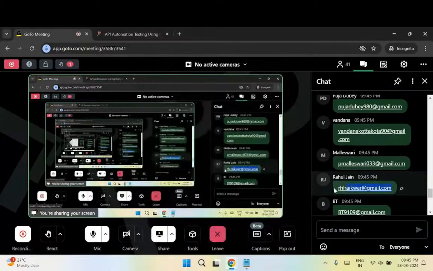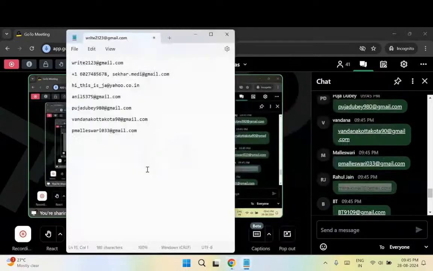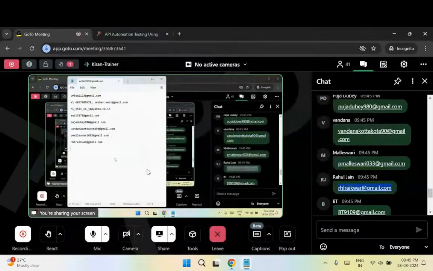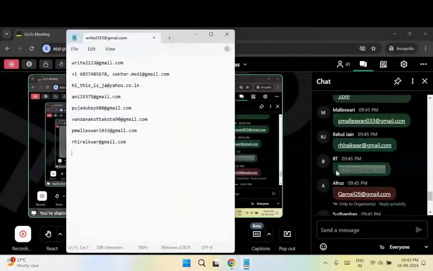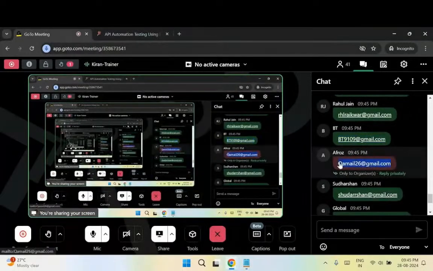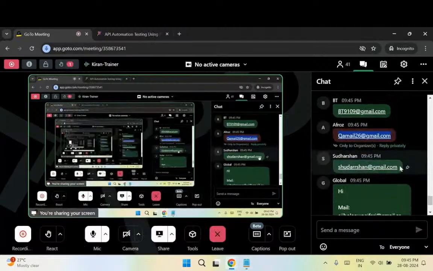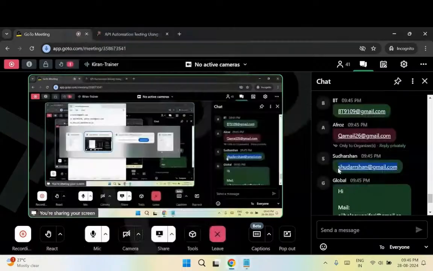Because whatever JavaScript I use in my real-time projects, I can teach you the same, right? So I don't have to reinvent the wheel, because I'm already doing R&D for my project. I will pick those JavaScripts and reuse them in the training so that you see a real-time reference of it. Okay, got it. Thank you, Kiran.